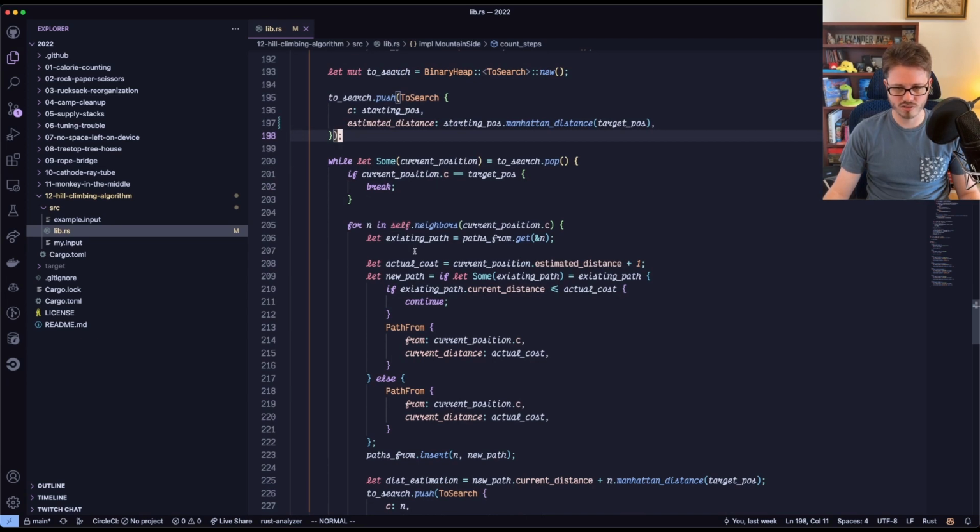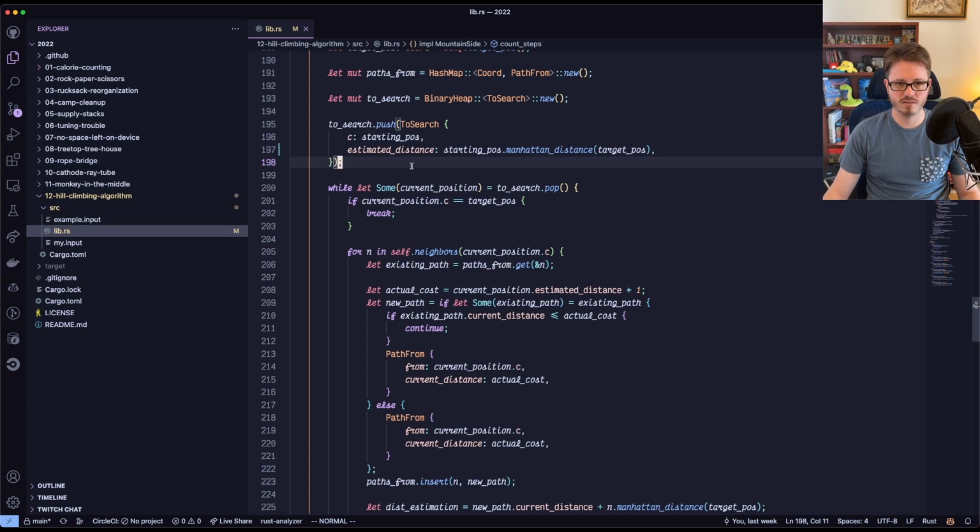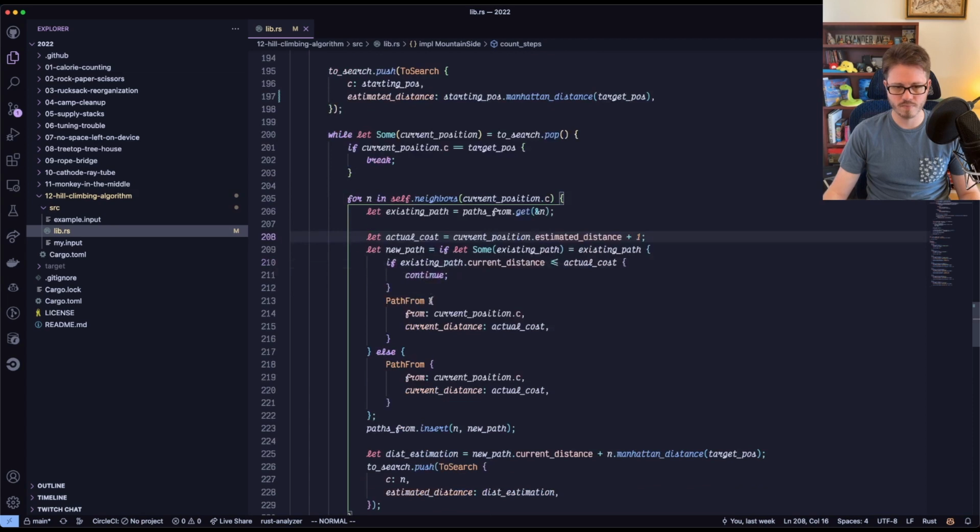The actual cost is the current position's estimated different. Wait. Current position is a to search pop. This isn't. Oh no, this is the estimated. Yep. But the actual cost is not the estimated plus 1. This isn't right. The actual cost to get to this path